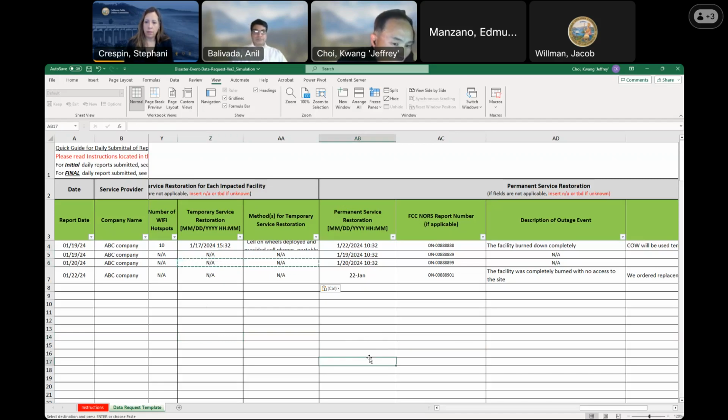Then maybe we don't know when you are going to put the permanent service restoration there. In this case, maybe we can say the temporary service installation is okay to close this ticket. That's what I'm thinking. Anil, what about your opinion?